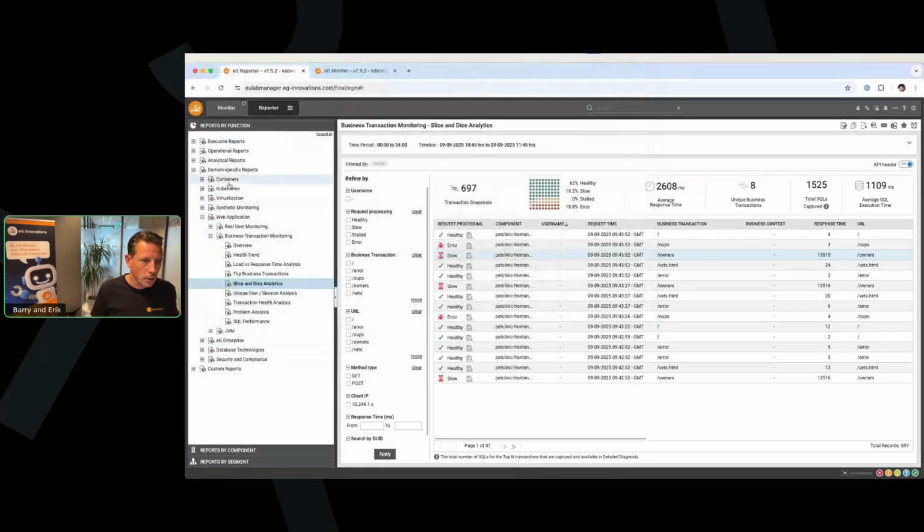What we see here as well is that, aside from the out-of-the-box dashboards that we deliver for all of the components that we support, we also deliver a lot of out-of-the-box reports for containers, Kubernetes, virtualization. Pretty much all of the components that we support, we have already built in the required reports. So you don't have to spend a lot of time on creating those dashboards and reports. And you can just start working with the information that's coming from EG out of the box.